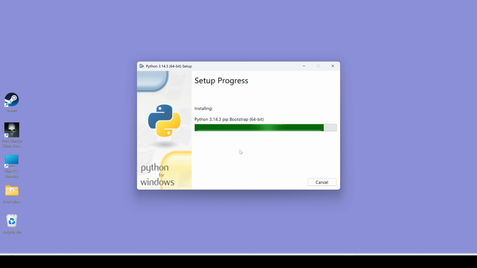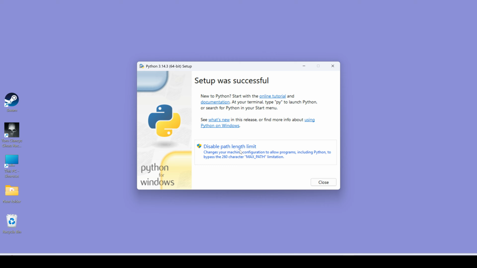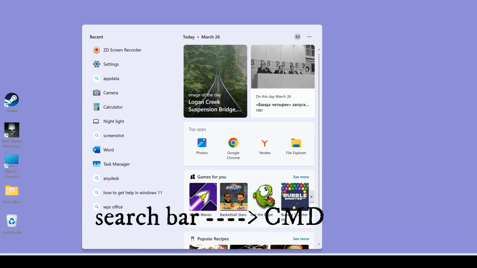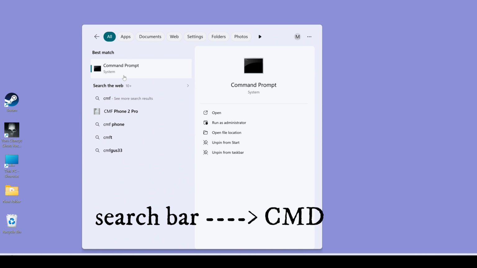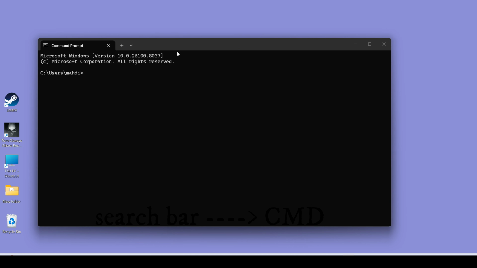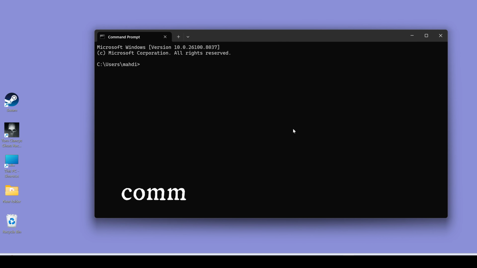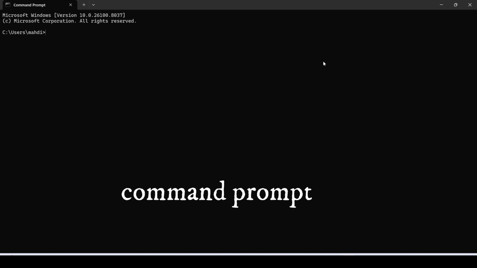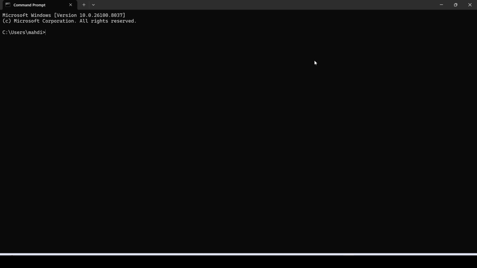Now let's check if the installation has been successful on your device. Press the search bar of your Windows at the bottom, search CMD and click it. The command prompt opens. Basically this black screen is called command prompt, and if you are not familiar with it, in this course we're going to learn some basic background information about it, as you need to know as a Python